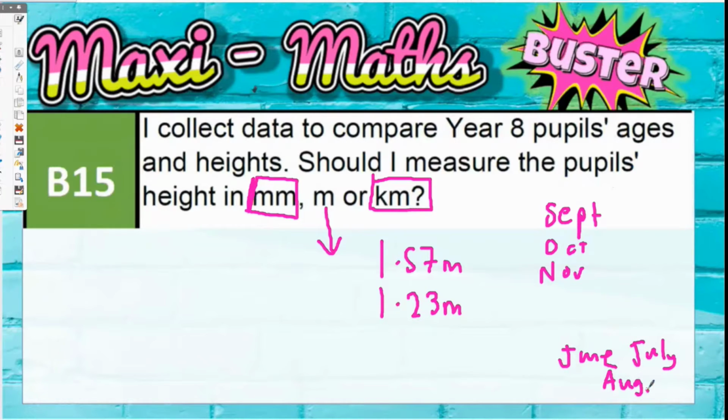So you should really measure the ages in what month they were born, so that you can see if pupils born later in the year and are therefore younger, are they not quite as tall because then they're not quite as old. In reality, you might expect them to be not quite as tall, but because